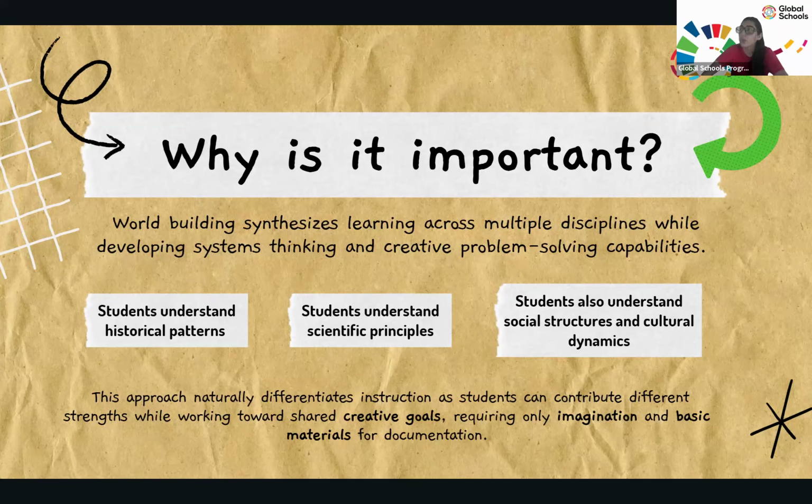So, for example, if my other question is how can we save turtles, right? Then through the world building, we are ultimately culminating to a point where we create a solution, we implement it in our world, we see how our world reacts, we change it, we scrap it, we make a new one, we make a third one, we make a fourth one, and through constant imaginative experimentation, we keep building on the same solution, or we keep building new ones to see which one is most effective. And then we use that in our real world application as well, right? But the process in itself only requires imagination and